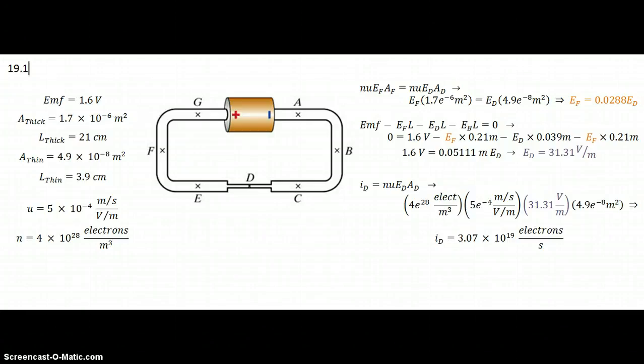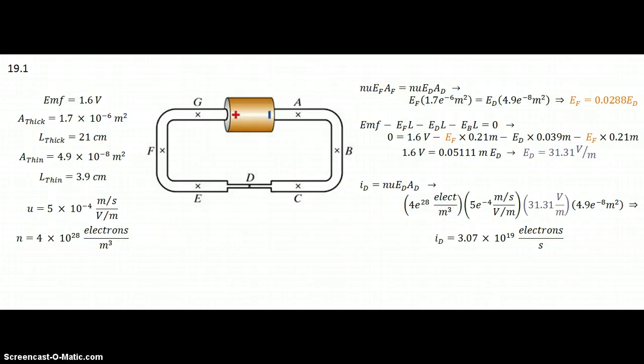Because the right and left wires are identical, I know the magnitude of the electric field on the right wire equals the magnitude of the electric field on the left, and ultimately allows me to refer to both of these wires as wire F. Although the magnitude of the electric field at location D does not equal the magnitude of the electric field at any other location, the electron current at D does equal the electron current at other locations